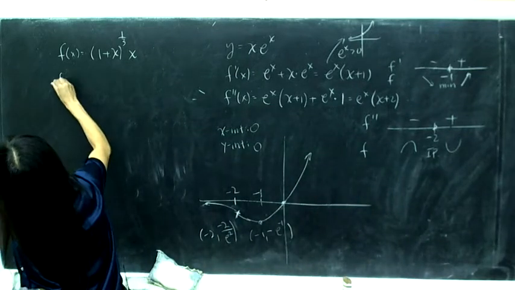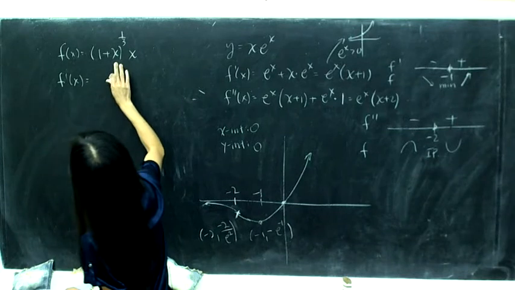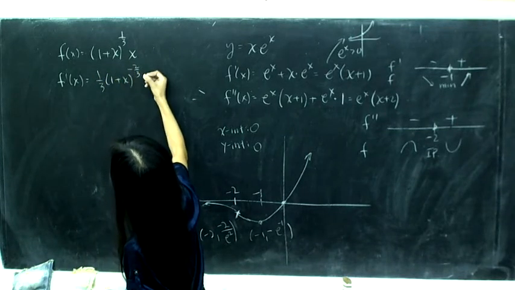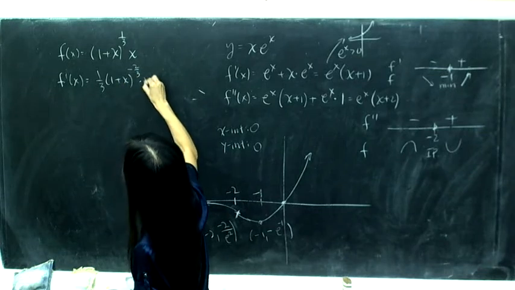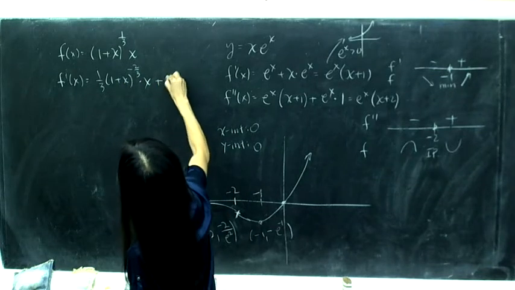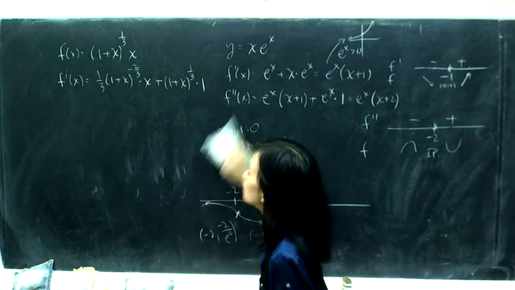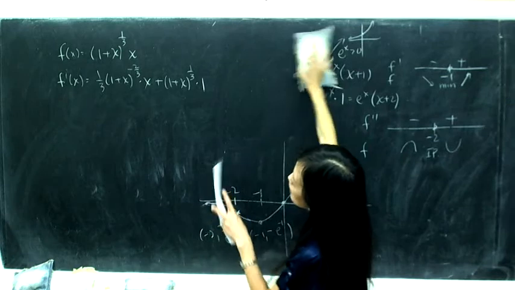Okay, so first derivative. Do the first one: bring down the power, subtract 1, and do the insides, which is 1. Keep the second one, plus keep the first one. Do the second one. Okay, so I need to take out what? Now with these exponents, I should take out